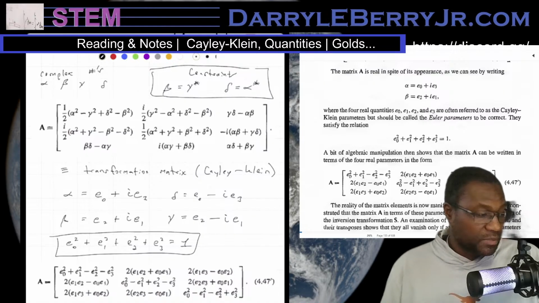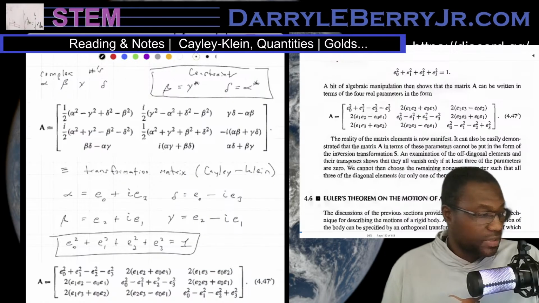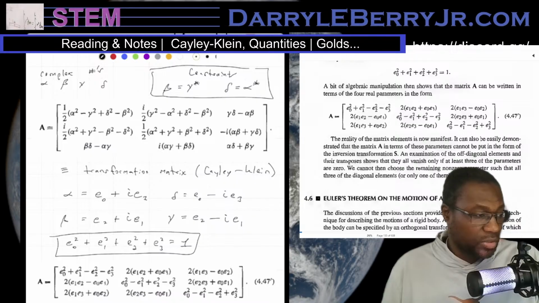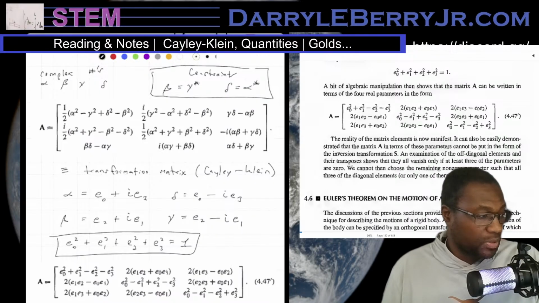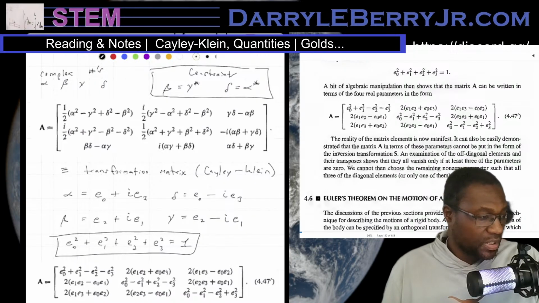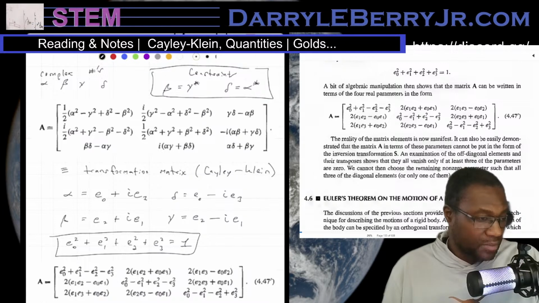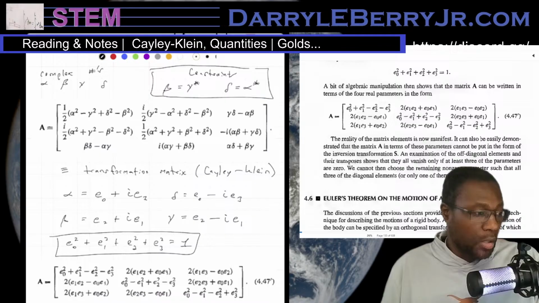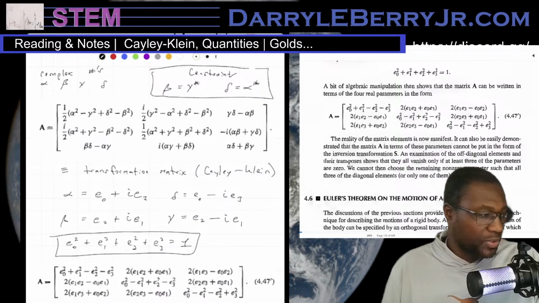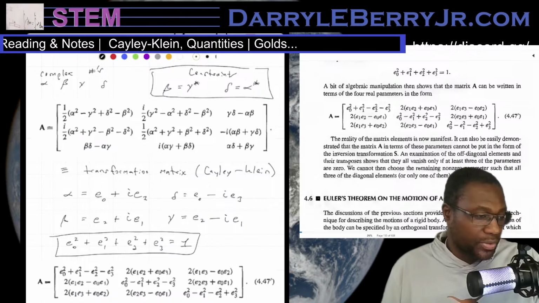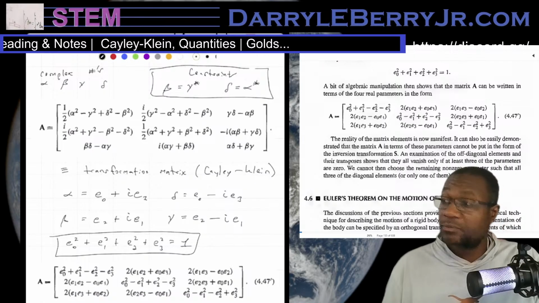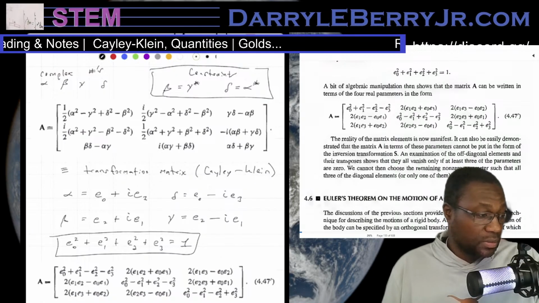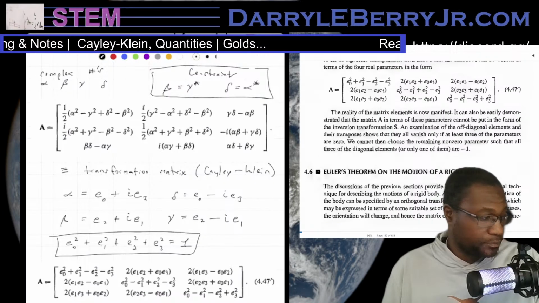The reality of the matrix elements is now manifest. It can also be easily demonstrated that the matrix A in terms of these parameters cannot be put in the form of an inversion matrix S. An examination of the off-diagonal elements and their transposes shows that they all vanish only if at least three of the parameters are zero. We cannot then choose the remaining non-zero parameters such that all three of the diagonal elements are, or only one of them is, -1. All right, well,